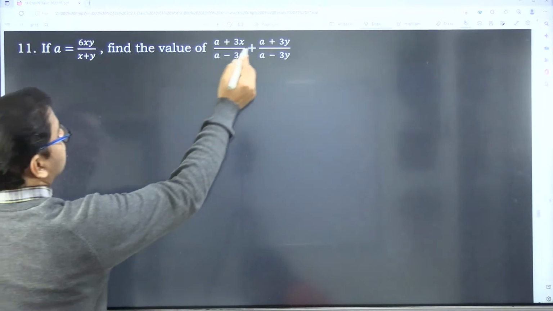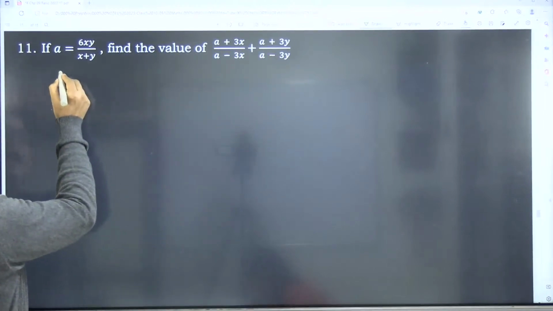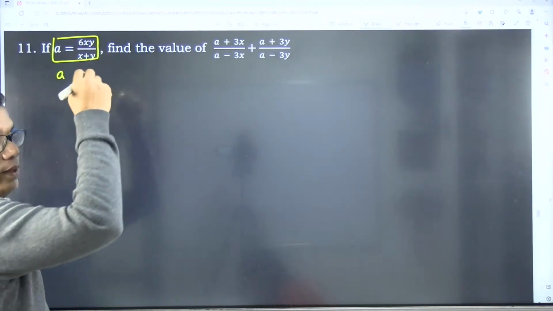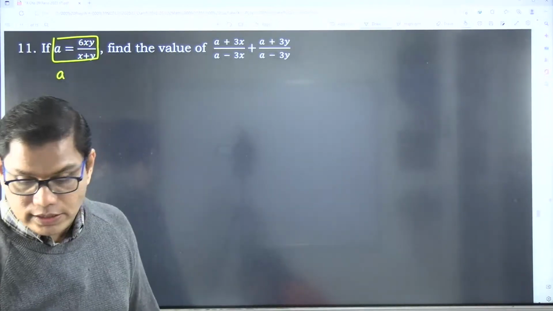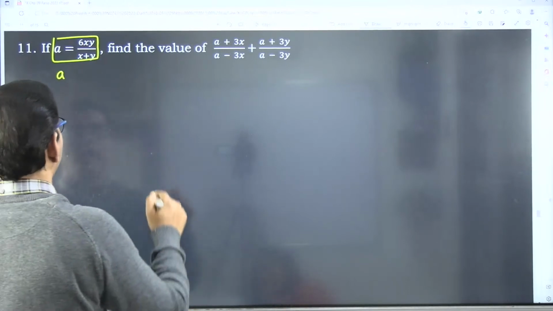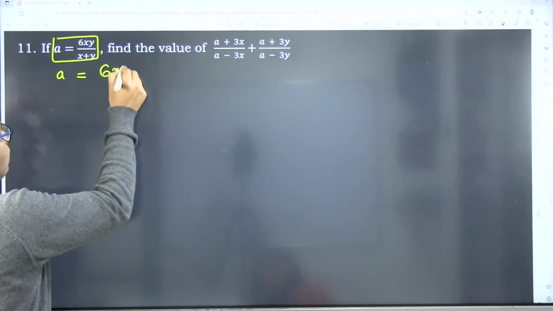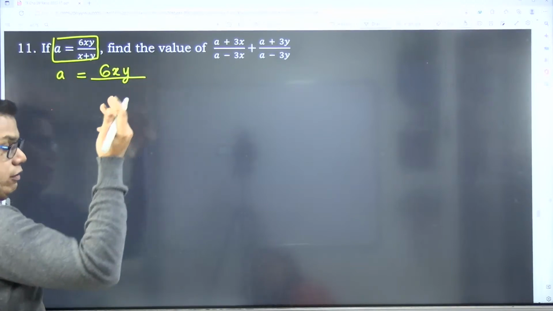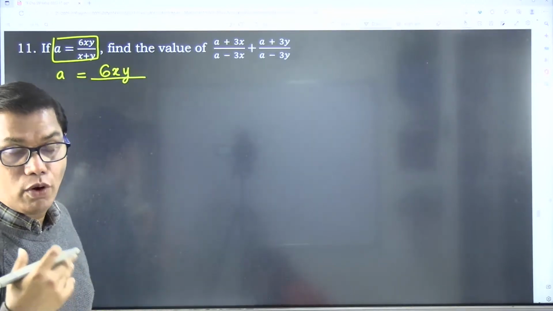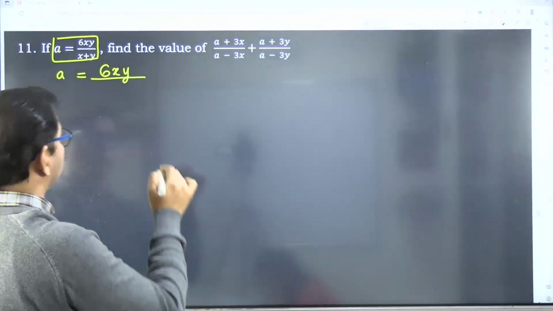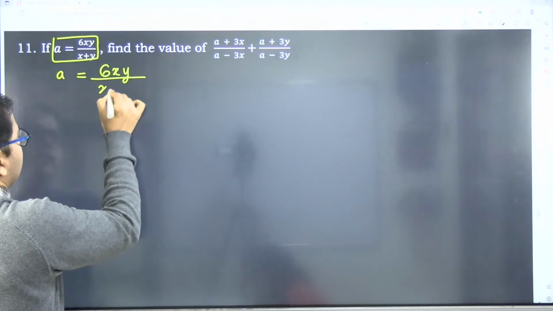What am I given with? ओके, मुझे दिया गया है a is equal to, जैसे मैंने कहा in this sum, okay, in this chapter ratio and proportion you always start with the given information. Okay, so given is, please pay careful attention, very important question. ओके, बहुत सारे, if I have seen pre-board papers of many schools, almost सारे 9 out of 10 स्कूल ने ये question पूछा था. Okay, I will start with the given information.